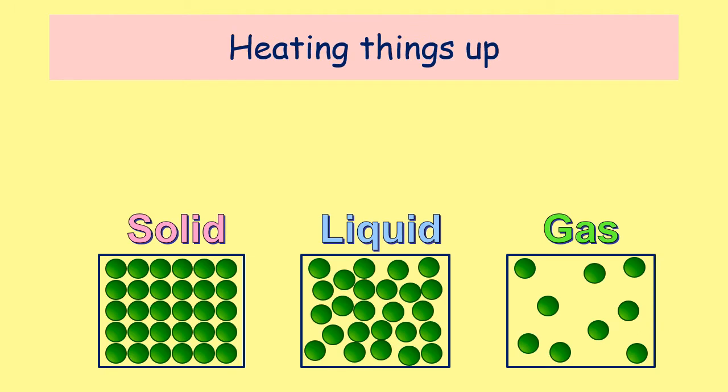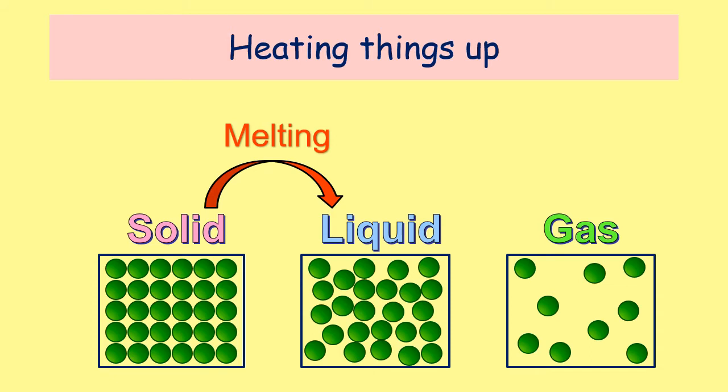So just to show you what's happening to the particles whenever we start to heat things up. We know when we have a solid and we start heating up, it expands and the particles get further away from one another. If they get so much energy that they are able to start moving, they're no longer completely touching and they're able to start moving, that's when we call it melting, and it has turned from a solid